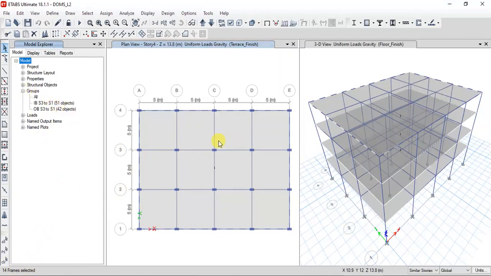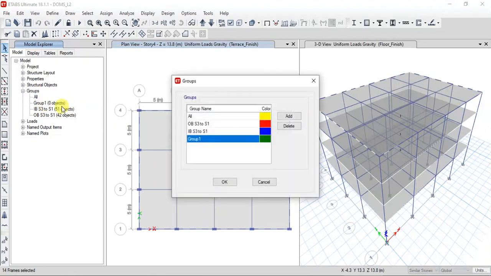If you want to use this repeatedly for applying loads, we can make a group. Here you click on groups, click on add new. If you double click on this, you can mention that this is the outer beam acting on the terrace or on the roof.